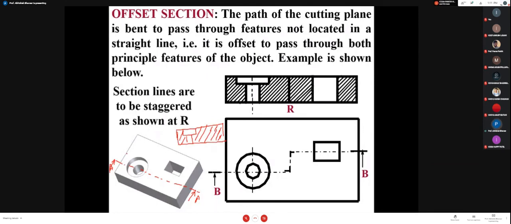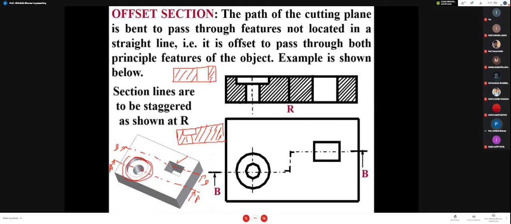If I am going to draw the cutting plane passing through this, say if I am having a cutting plane BB, and if I want to draw the section view, in that case my section view will look like this. This will be my sectional front view. In that case, this feature will not be visible. So see, if you are having a cutting plane as AA, this feature will not be visible, and if you are having a cutting plane BB, this counter bore will not be visible.